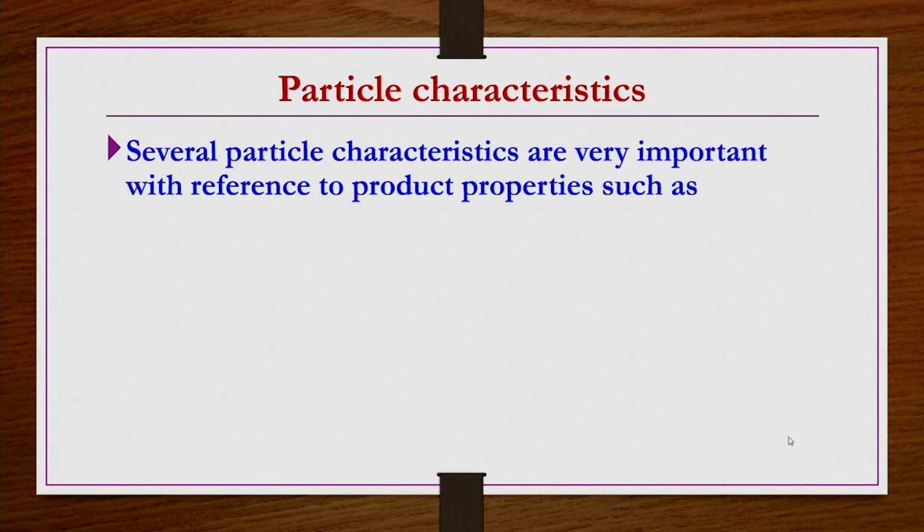We have enlisted these properties. These properties are the size, shape, density, hardness, adsorption, etc. Out of which we have also seen that the size, shape and density are the most important ones. Under the size of the particles, we have seen different types of representations of the irregular particles,